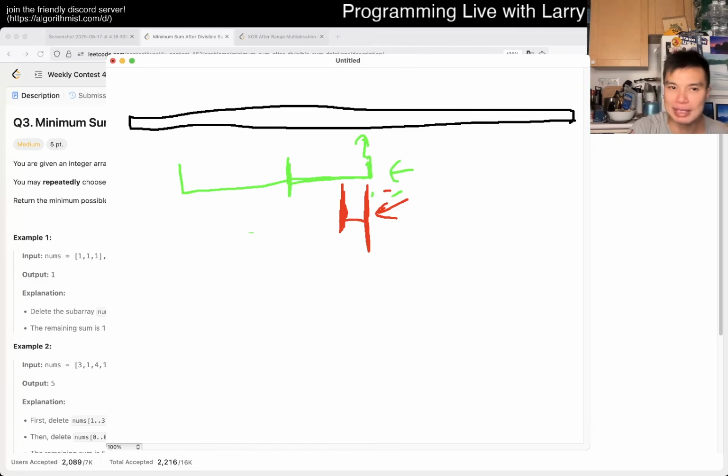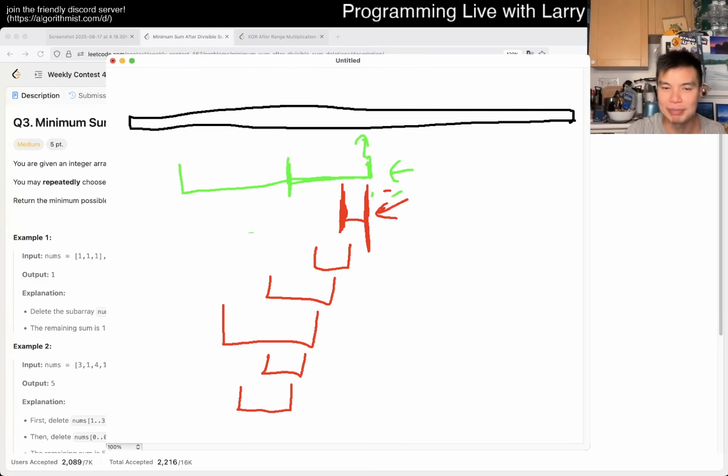Not all of the indexes need a left index to have a chunk that you could remove, but even in the worst case where every index does have one, it'll look something like this, maybe this, and sometimes it doesn't go all the way. And you can figure out what the left side is very easily